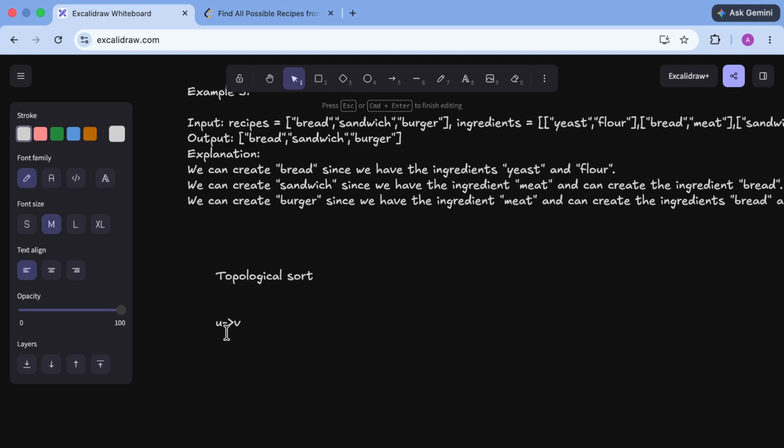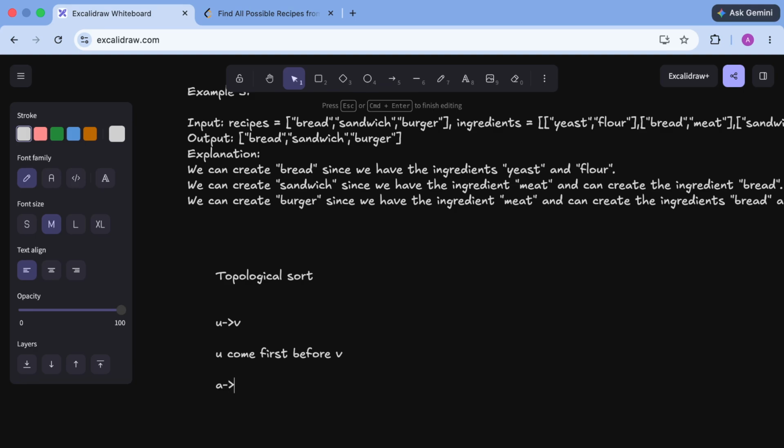If you interpret this notation, it means u comes first, before v. That's the meaning, right? If you interpret this representation or this dependency,